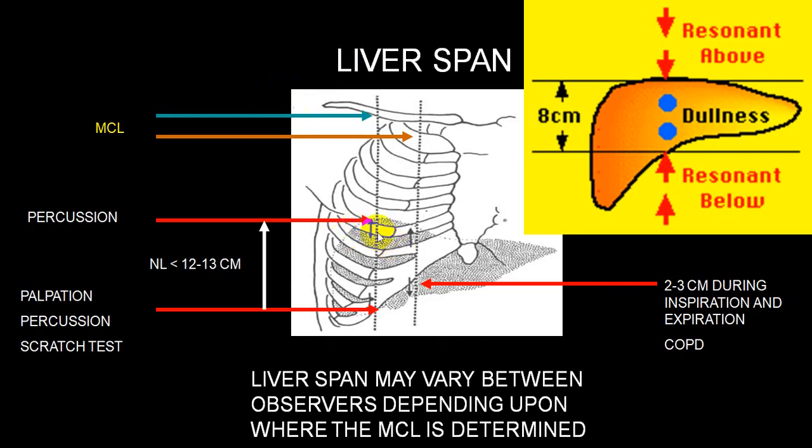So if this upper border is, say, in the fourth intercostal space or in the third intercostal space, and it does not shift down during deep inspiration, it is not due to liver, because liver dullness will shift down during deep inspiration because of the shift of the diaphragm downwards. And this is the way you try to differentiate between a lung dullness and liver dullness.